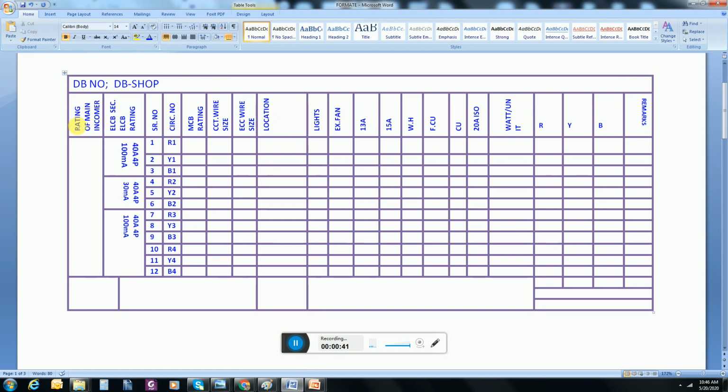These things: rating of main incomer, ELCB section rating, MCB rating, CCT wire size, ECC wire size, I already discussed, and you can watch my previous video if you have any confusion about these things. So directly I will start the load schedule. This load schedule is for a shop. So first, here in location I will write